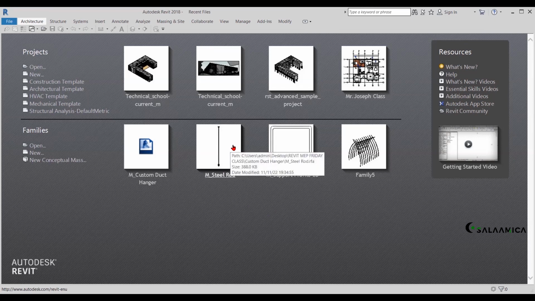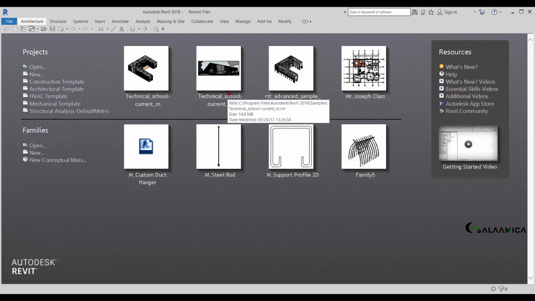So for those who are online, make sure that you open your Revit application, and this is what you're going to see now. Probably the interface or the recent files window of a higher version, just like yours, is the front. For the lower version, it looks like this, and for the latest version, it looks like that. Let's open a sample file.